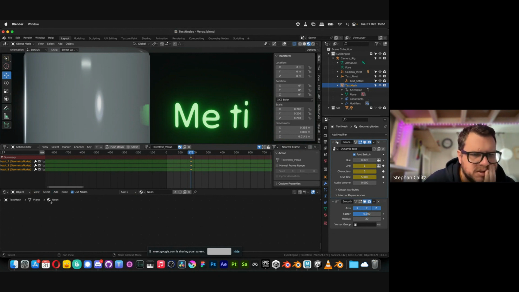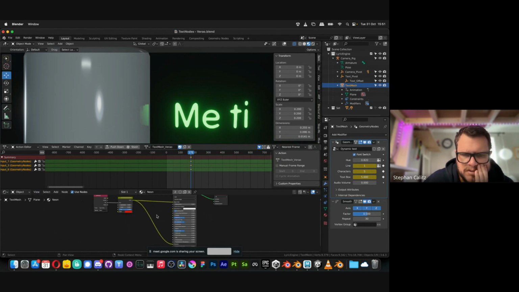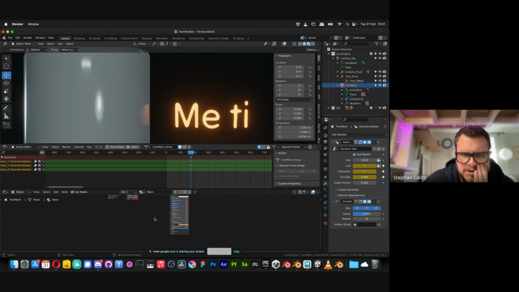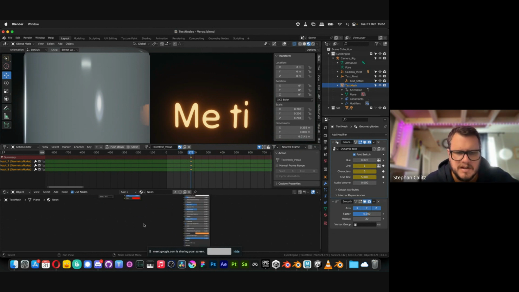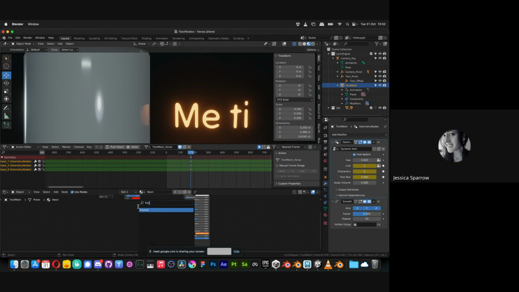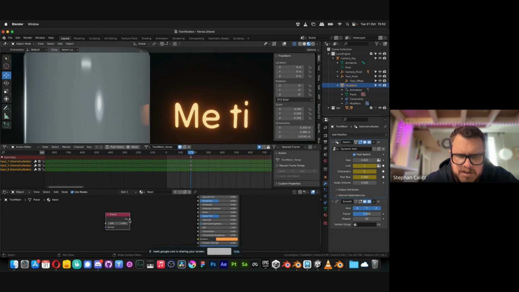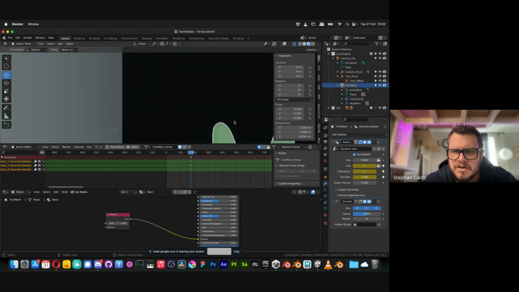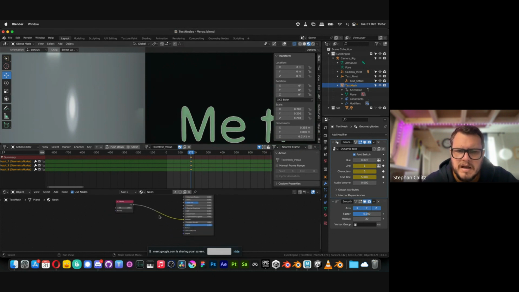It's here somewhere. View frame selected, frame all. Okay, so what you could do is use a Fresnel. Fresnel typically does the outer extremities. So now you can see that it's just glowing around the edge. You don't have to use the Fresnel as is. You could use that as a factor for blending.